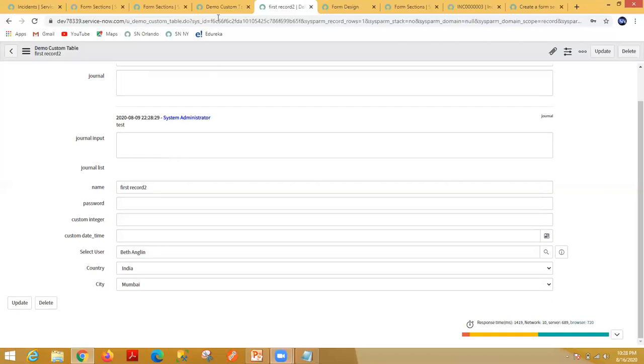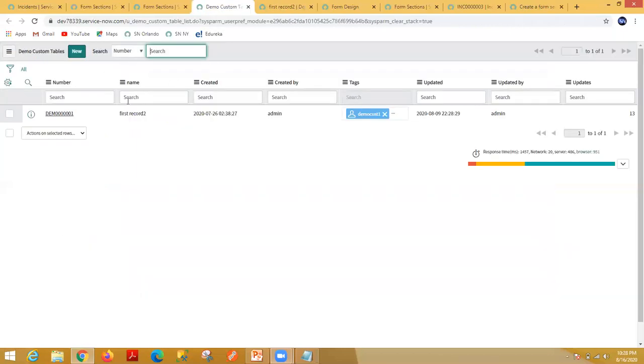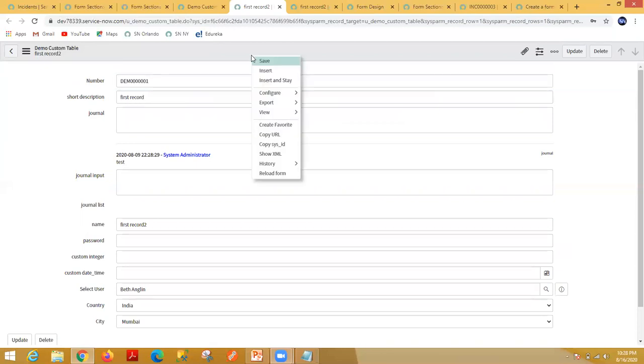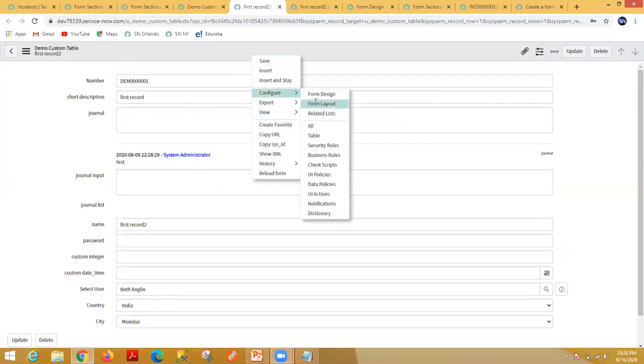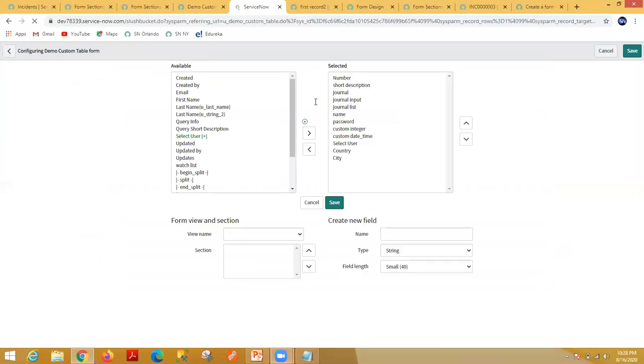Now one more thing I want to mention here. Let's open this again, form layout. I want to explain the relationship between view and form section.